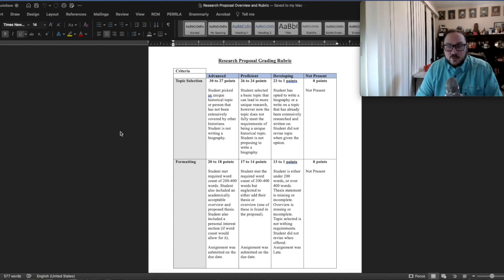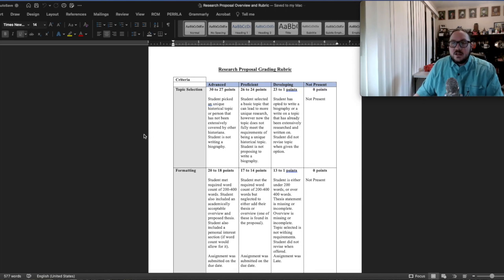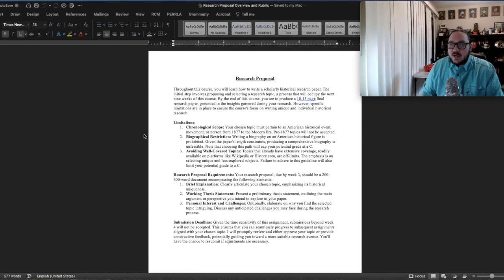I will follow the rubrics when grading because this is my grading blueprint, and it's a way for you to know what I am looking for. That way you are not confused as to why your grade is the way it is. I make sure I include a detailed section for you, okay? All right, I hope this helps you out, and I hope that you are ready to write a wonderful research proposal. And again, if you need help, feel free to reach out. I will help you through the process.